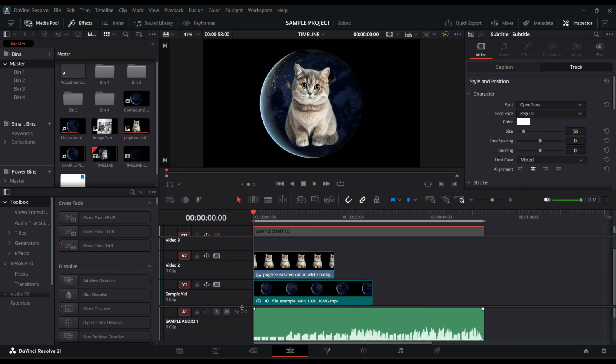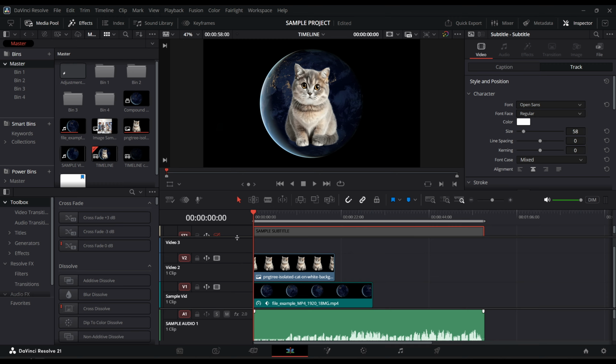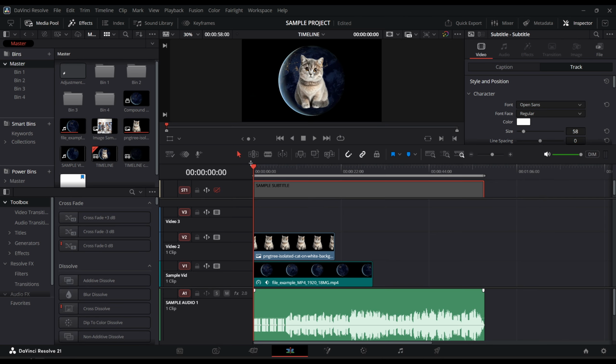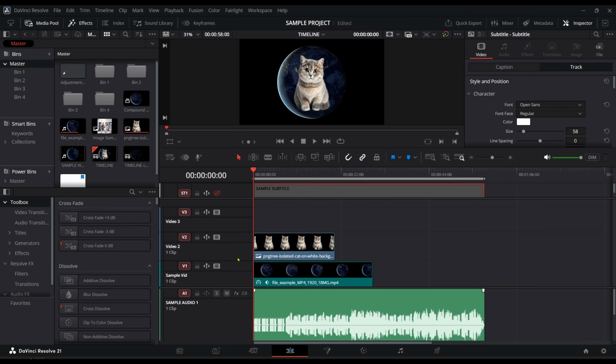To add a clip to a track, start by going to your media pool. This is where your imported files are stored and ready to use in your project. From there, simply click and drag the clip you want into the timeline. If it's a video clip, place it in a video track. If it's an audio clip, drop it into an audio track. DaVinci Resolve is designed to make this process very visual, so just pay attention to where you're dragging the file